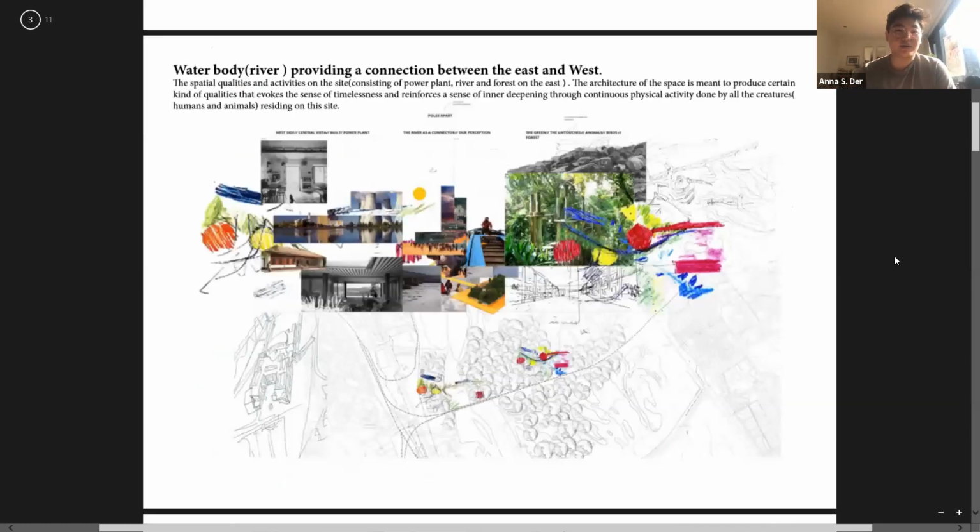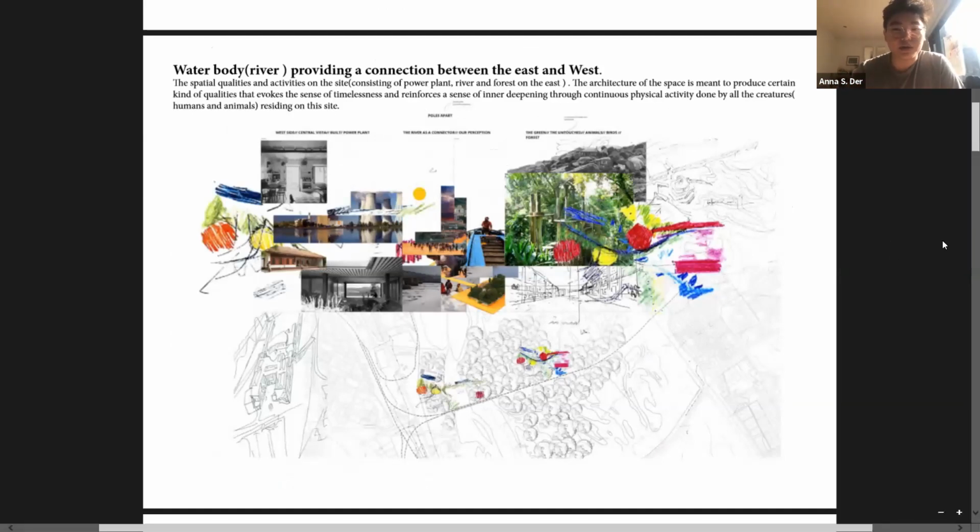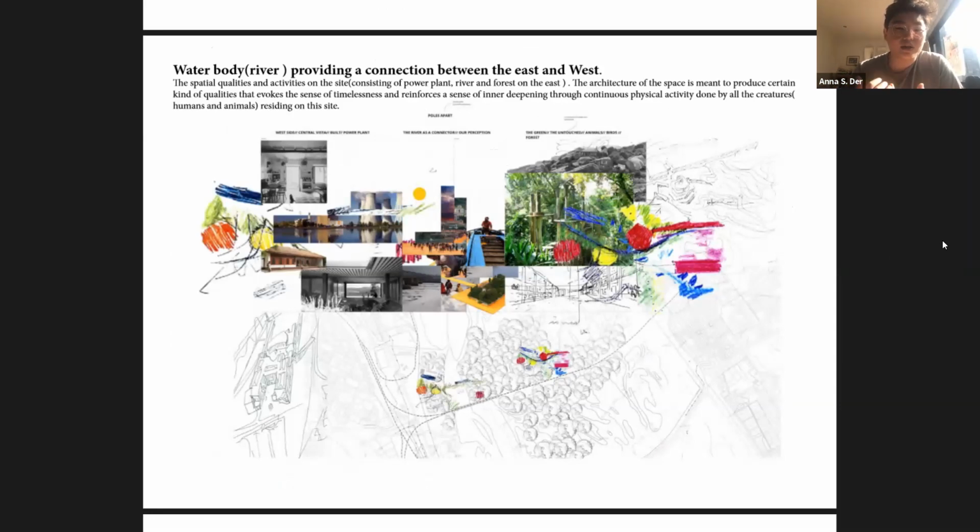We began to collage our ideas. It was really nice to be able to collage together on the Miro board. That was one of the most fantastic things about this group project, because the collage is really our way of having everyone have a voice. Sometimes people won't speak as loud as another, but the idea is that the image will say everything that you need to say. And if they can touch each other, if they can connect, if they can intrude on each other, that is how we begin to form our own singular idea as a group.